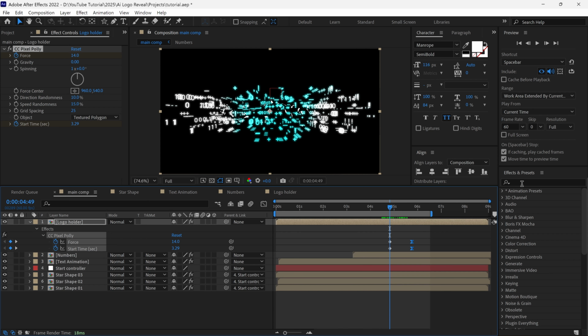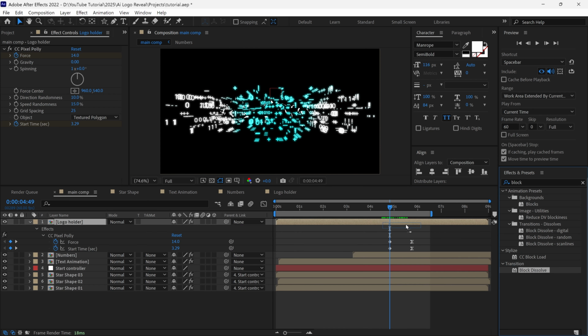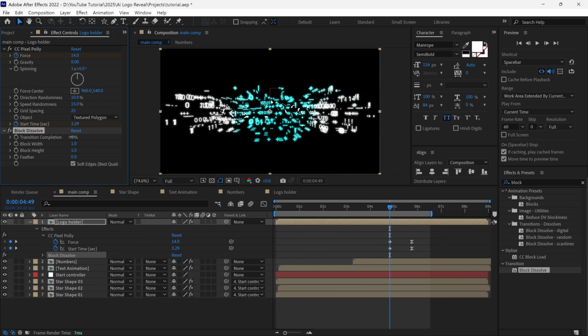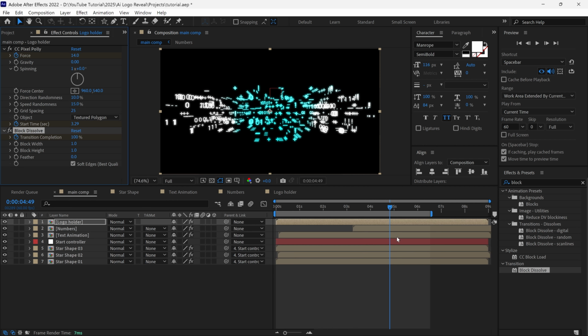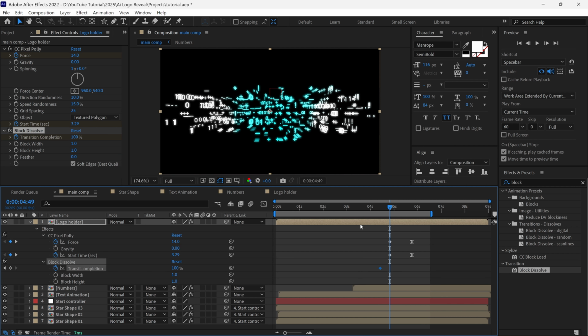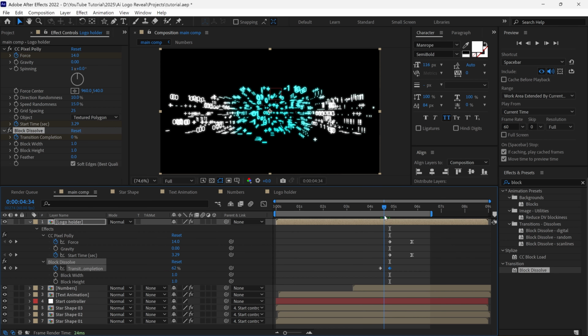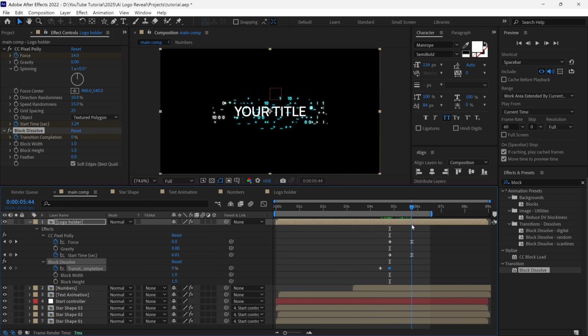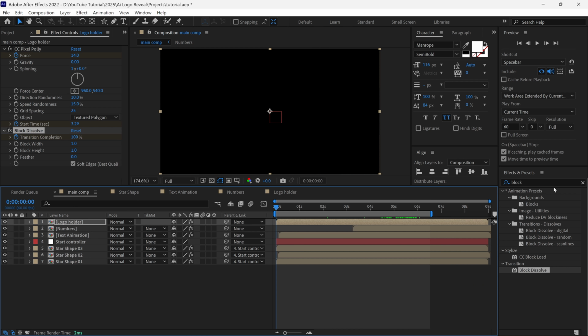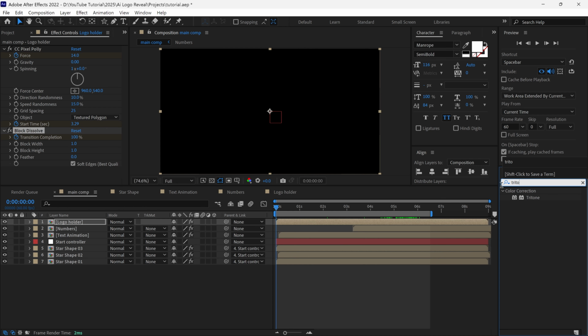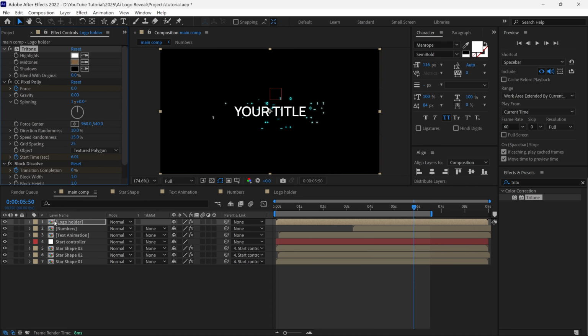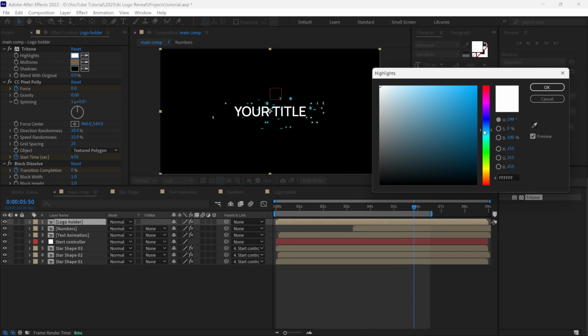Then I search for a block dissolve effect and add it to this layer. Let's increase the transition value to 100% and add a keyframe, then change its keyframe position and change the transition value to 0. After that, I search for a tritone effect and add it to this layer. Then I change the highlight color to match the number color,